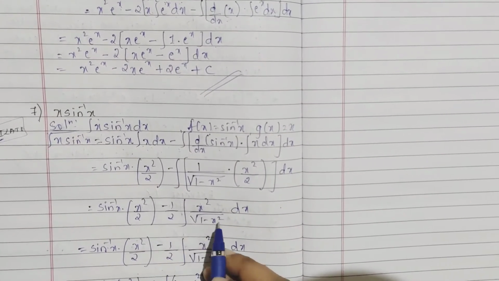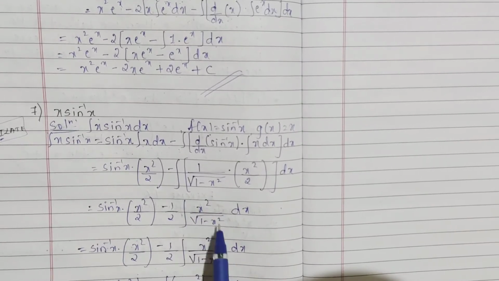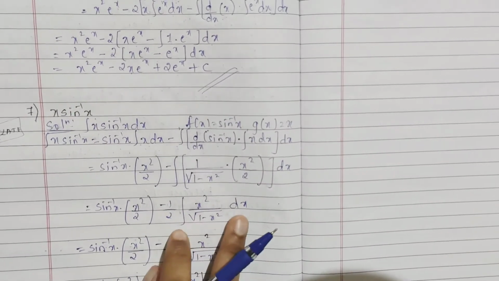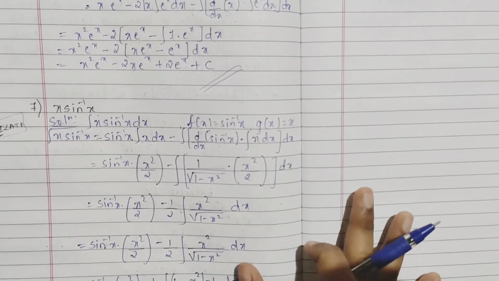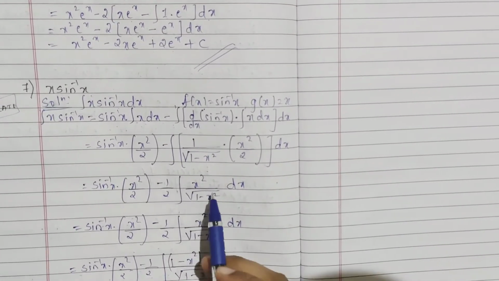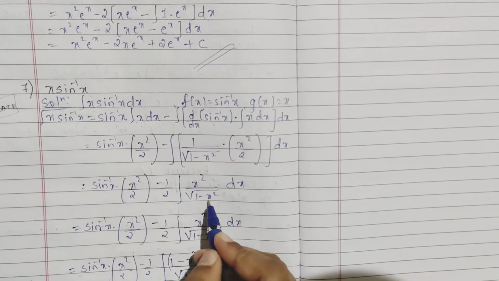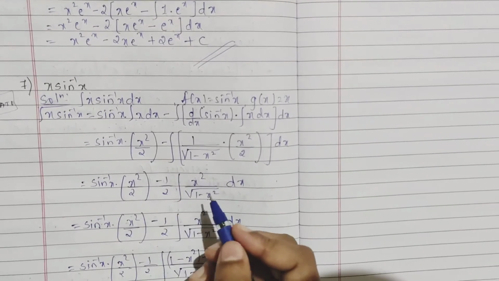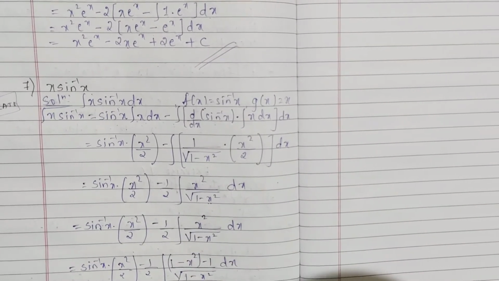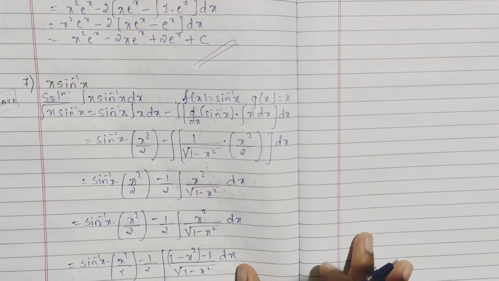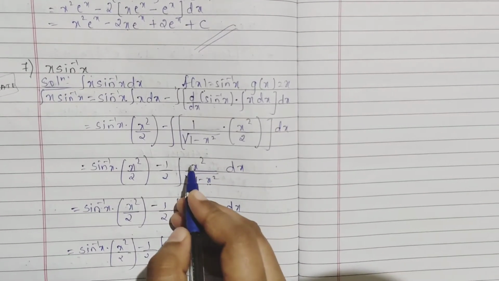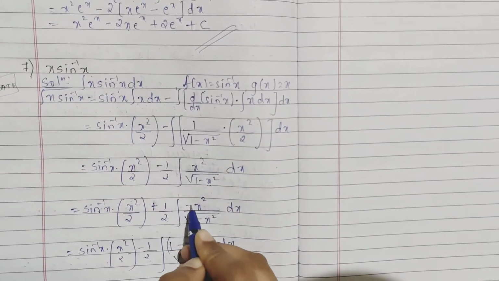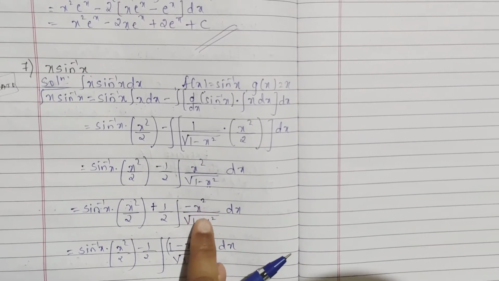I have said you always, sometimes your numerator will try to make it as a denominator and we divide it, right, separately if you have two terms, so that integration you get easily, right? So same way denominator we are making it like numerator. So see, denominator here it is minus x square, so we will multiply and divide it by your minus sign. If I multiply here minus and divide, minus into minus becomes plus, and I'll be getting minus x square by root of 1 minus x square.